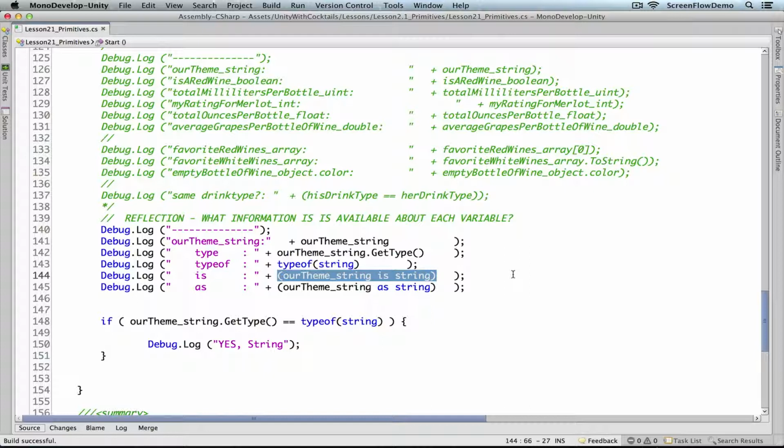So what I've highlighted there is shortcut. As is a different case. As is doing something called casting. So it's not checking if something is true or false. It's saying